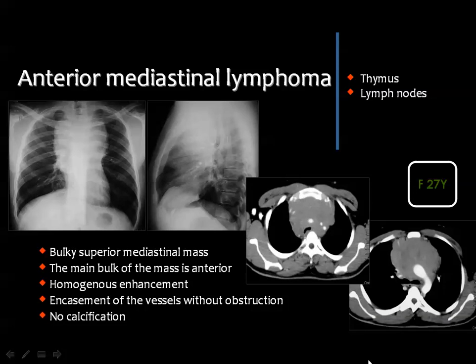Anterior mediastinal lymphoma may arise from the thymus, what we call thymic lymphoma, or from the anterior mediastinal lymph nodes, considering the retrosternal lymph nodes. One of the signs of lymphoma is the floating vessel sign, and you can see the vessels floating undisturbed within the lymphomatous mass, and the mass is made of bulky amalgamated lymph nodes without areas of necrosis or